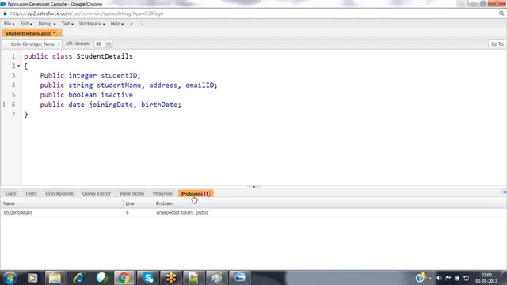When you come to this problems tab, you will see unexpected token public. Because it is expecting a semicolon after this isActive, but it has identified that keyword public here. This is the unexpected token. Now go to that code just to make a semicolon here after isActive. Now for every 10 fraction of seconds, your code will be sent to the force.com platform for the compilation. This is like the autosave option which we have inside your Gmail application. For every 10 seconds, it will be sending that code to that force.com platform for the compilation.